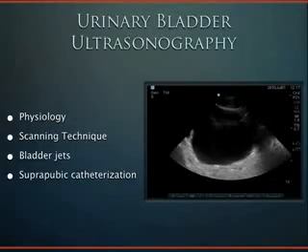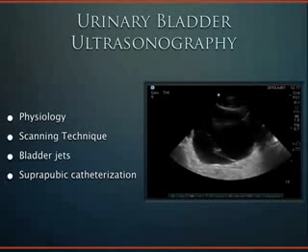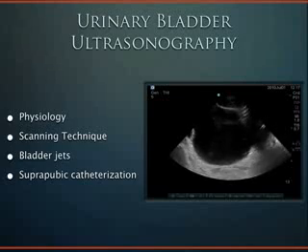We're going to change gears now and talk about the bladder. We're going to move from the kidney and skip the ureters because we can't see them, and we're going to go down to the bladder, okay? And we're going to talk about the physiology of the bladder, some of the scanning techniques we use to look at it. Bladder jets, as you're seeing here, this is a grayscale image of the bladder jet from the ureter into the bladder,